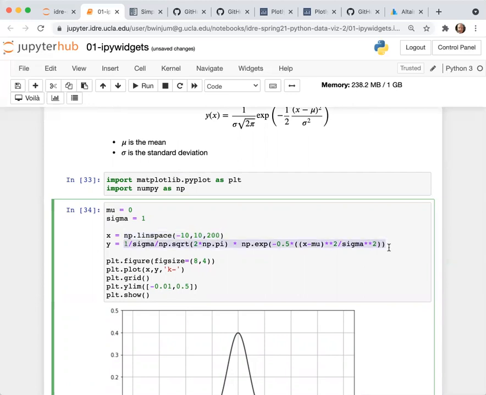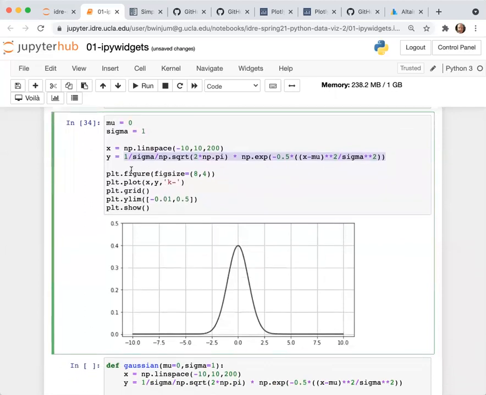This is the specification for the Gaussian distribution function, so I set that to my Y values. And then I use this for plotting. I'm going to assume for the moment that I don't need to cover a lot of plotting explicitly with matplotlib. I can cover that later after the course if anybody has any specific questions about the plotting. But what this does is it generates a plot of the Gaussian distribution function here.